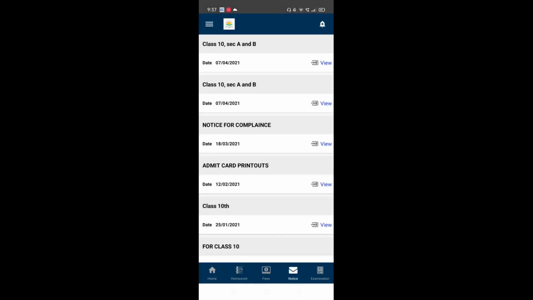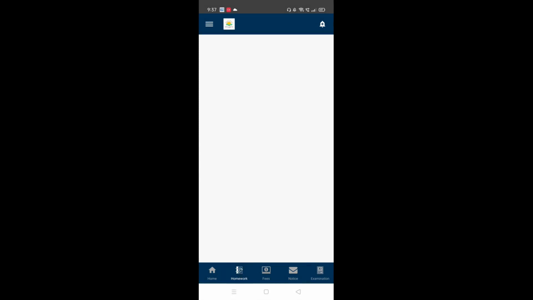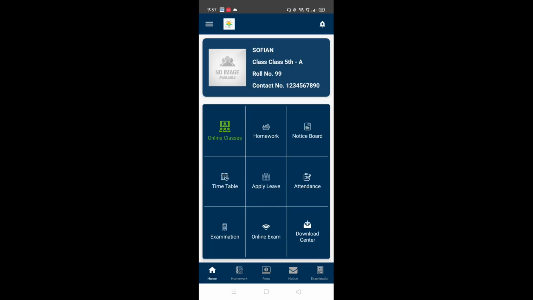You can also toggle through the EasyNext app through these buttons which are present over here. These are the shortcut buttons that we use for navigation through the app, and home button is the overall button where you have all the shortcuts in one place. So this app is a one-stop app for all the aspects of the school during an academic year, whether it be homework, whether it be online classes, whether it be timetable, whether it be for leave, examinations, and for assignments.